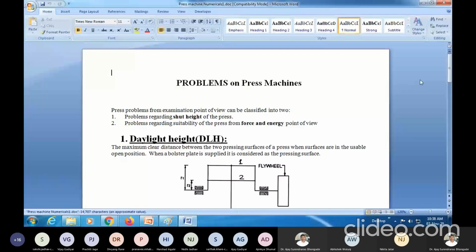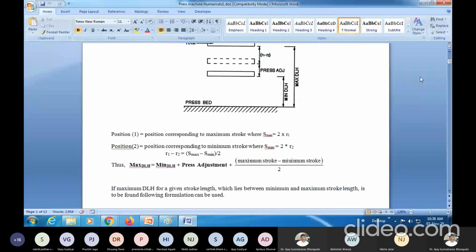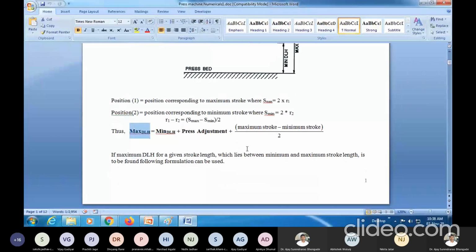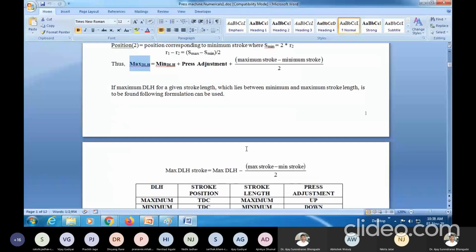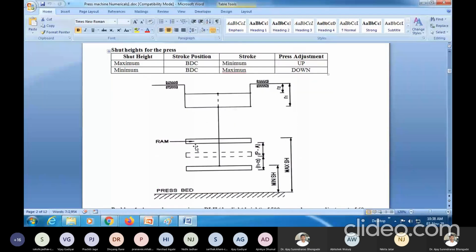The same thing we can see for the daylight, what you mean by daylight height, and some other things. And they have given some numericals. What is the maximum DLH? That will be minimum DLH plus press adjustment plus all those things that have been given. Okay. And this is what we have seen here for daylight. The same thing happens for the shut height. All the things we have seen right now here.